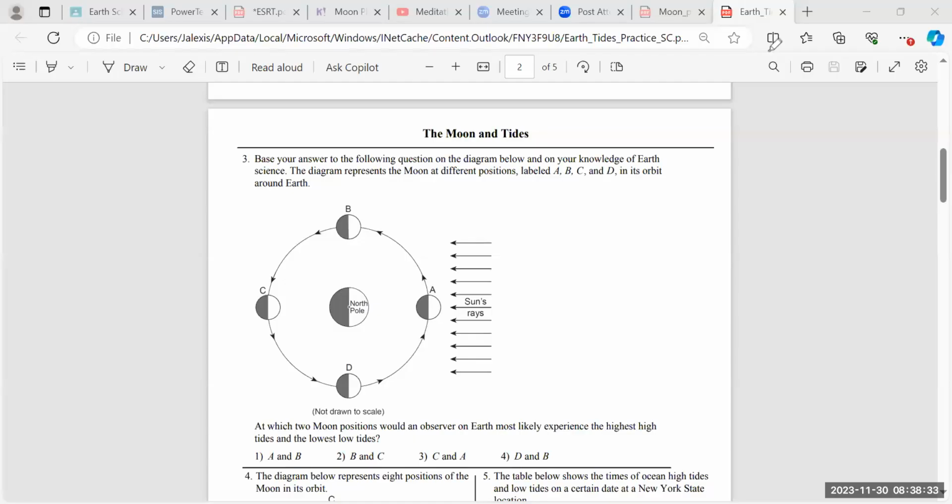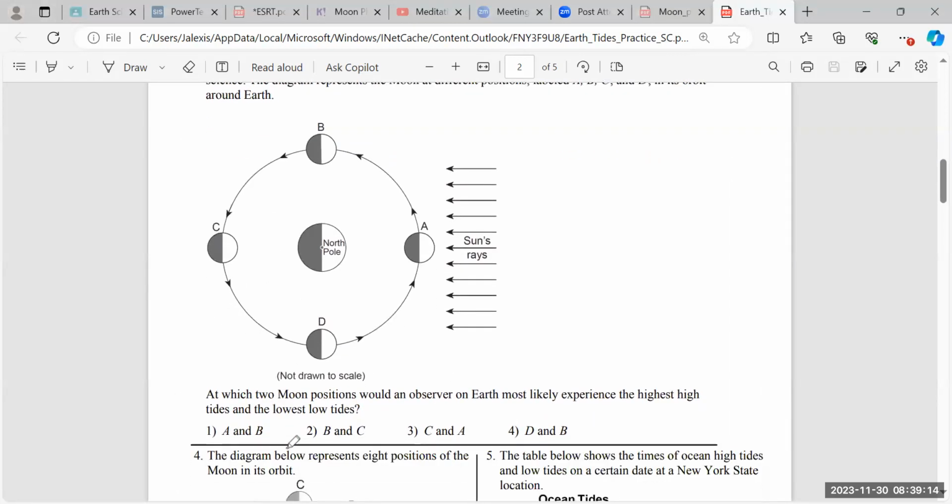All right, number 3. It says, base your answer to the following question on the diagram below and on your knowledge of Earth science. The diagram represents the moon at different positions labeled A, B, C, and D in its orbit around Earth. At which 2 moon positions, right? So it gives us the diagram. The sun is here, right? This is where the sun is. So at which 2 moon positions would an observer on Earth most likely experience the highest high tides and the lowest low tides? Okay, well,